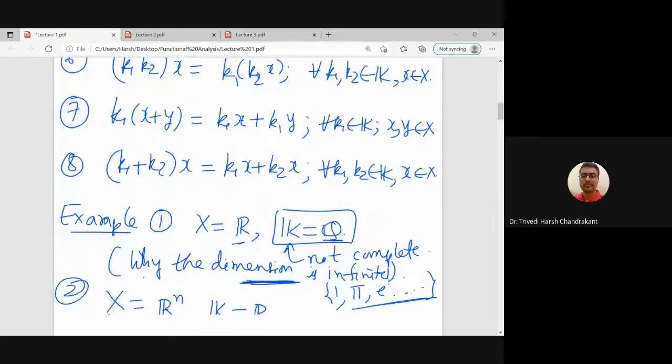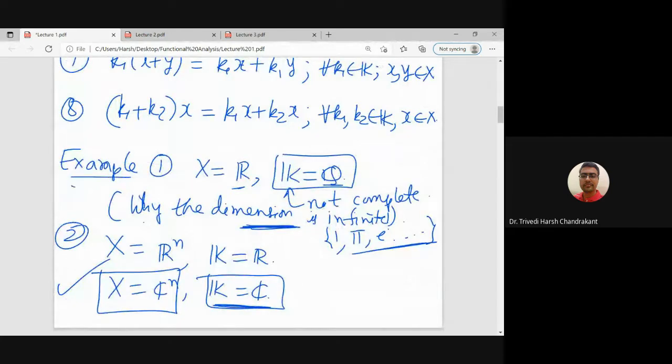There are 8 axioms. This first example anyway is not related to our course because, as I said, the field is different, right? And the second thing is this is actually a field extension, which is an infinite field extension. So to prove that it is infinite dimensional, I think we need abstract algebra. If you remember in abstract algebra, there is a field extension. So if you see that the dimension of Q(root 2) over Q